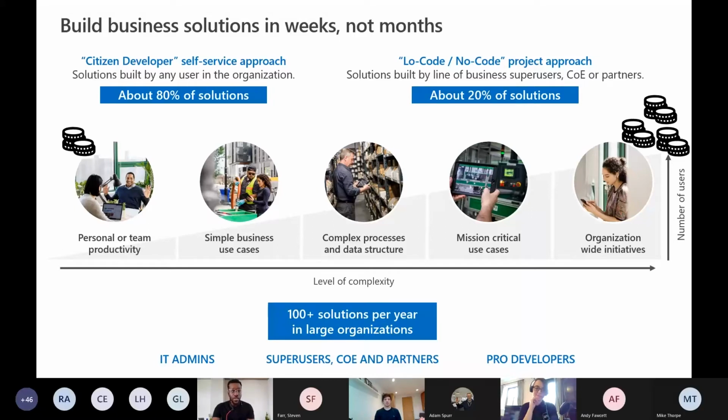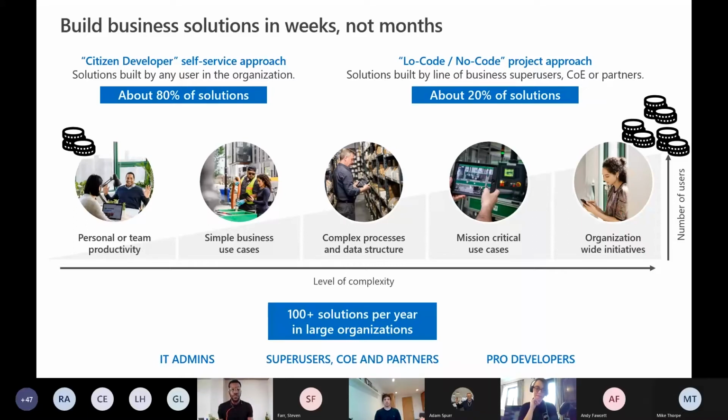And then we can grow up that scale to things like, let's say, a little bit more simple business use cases, where maybe there's a little more of an approval built into it. So now, yes, I may need to lean on a power user or somebody in compliance who understands workflows or our internal processes. Or maybe I want to build something that's also available externally, that a colleague in the field can access. And this is, I guess, the piece where we start seeing that personal, team and organizational productivity blend out